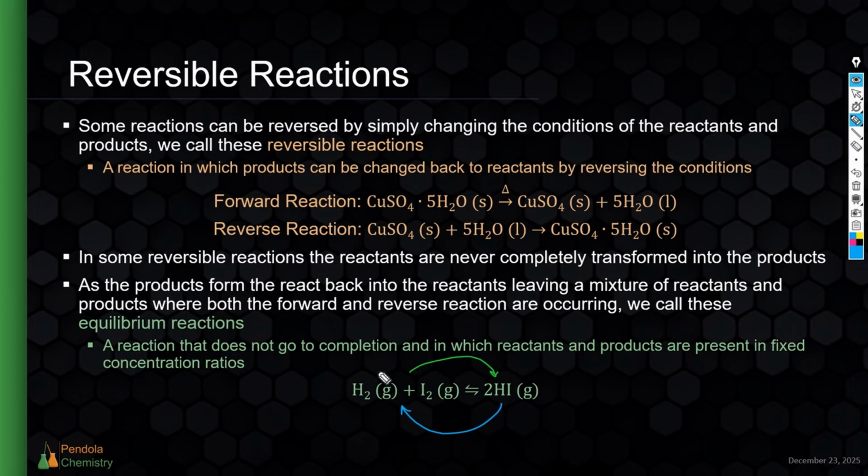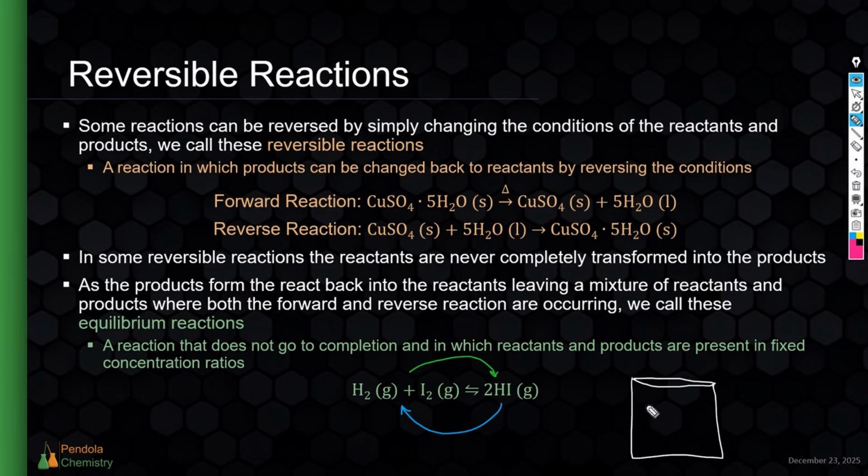So whenever we have a container of H2 and I2, we're never going to have that container completely turn into a container of HI. It's going to keep going back and forth and back and forth. Meaning that if we do have a container of these compounds, or of HI and I2,